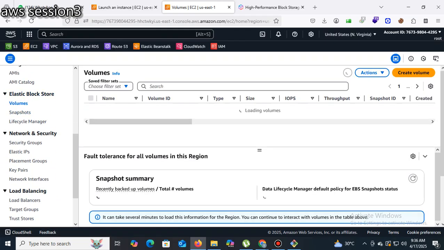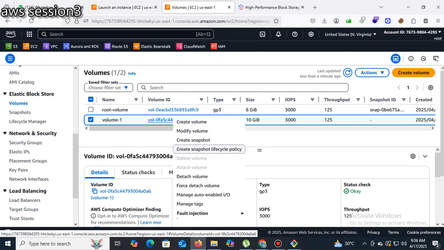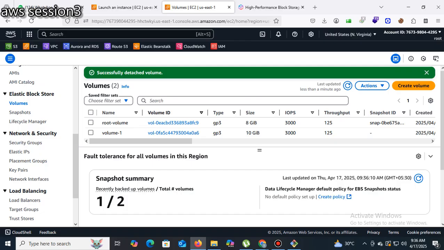So what is the volume here? Volume 1. Right click here. First we need to detach. Then refresh, and delete.